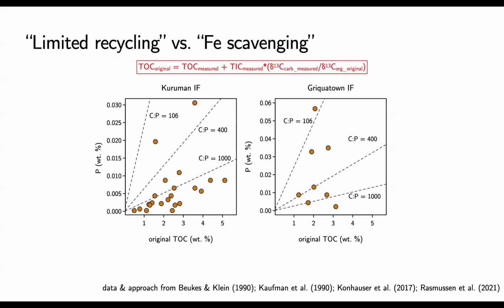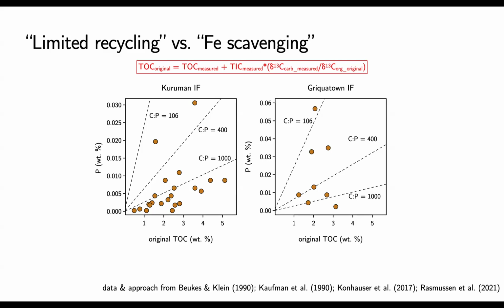But in both cases, you can see these C to P ratio lines. All of the data fall well below the modern likely C to P ratio, even below a C to P of higher than modern, which is potentially the case for early cyanobacteria, suggesting that we need no other supply mechanism besides the organic matter. In other words, there's no extra phosphorus that we can't explain unless we lean on a biomass source.